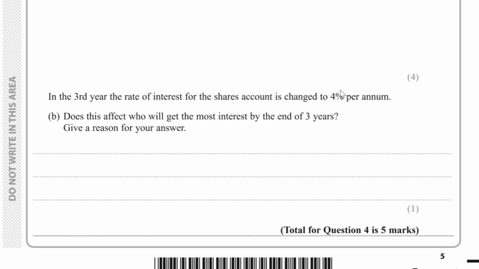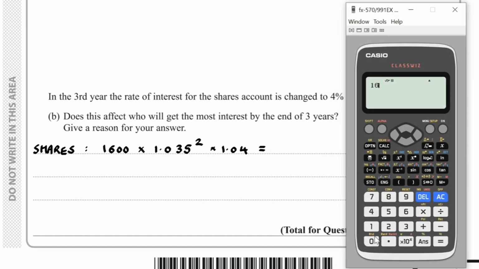And now for part B. In the third year, the rate of interest for the shares account is changed to 4% per annum, and we're questioning if this affects who will get the most interest by the end of 3 years. Give a reason for your answer. Well, if we take a look at shares, we've got £1,600 invested, and for the first 2 years I've got 1.035 to the power of 2, and then in the final year I've got 4%, so I've got 1.04. So if I find out how much this is,